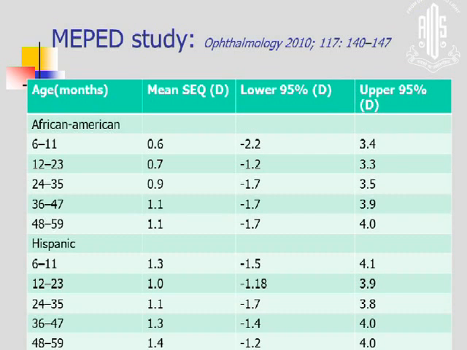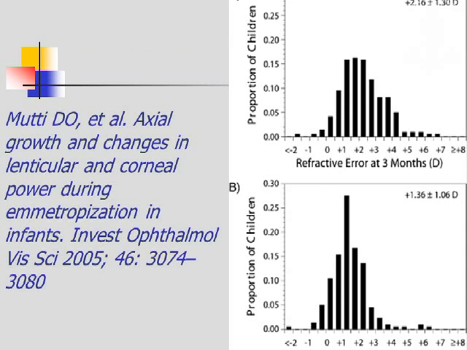The multi-ethnic pediatric eye disease study from the United States also noted some racial variations, and they found that the Hispanics were slightly more hyperopic than the African American population. Donald Mutty also analyzed changes of these refractive errors. You saw Dr. Swati also referred to this paper,